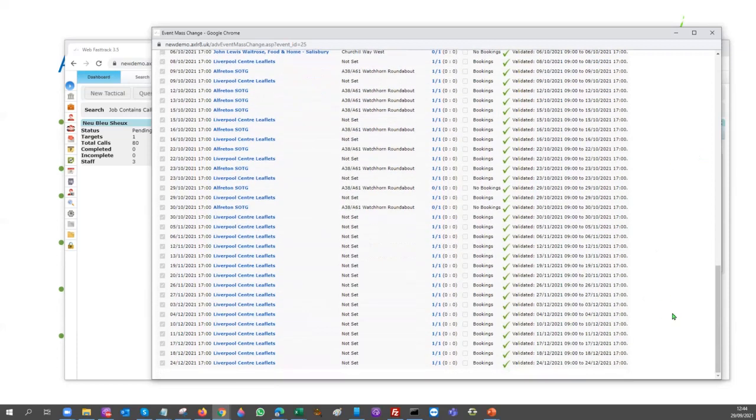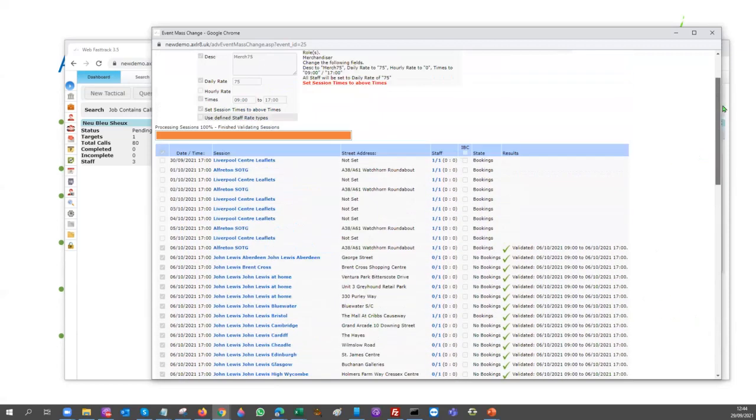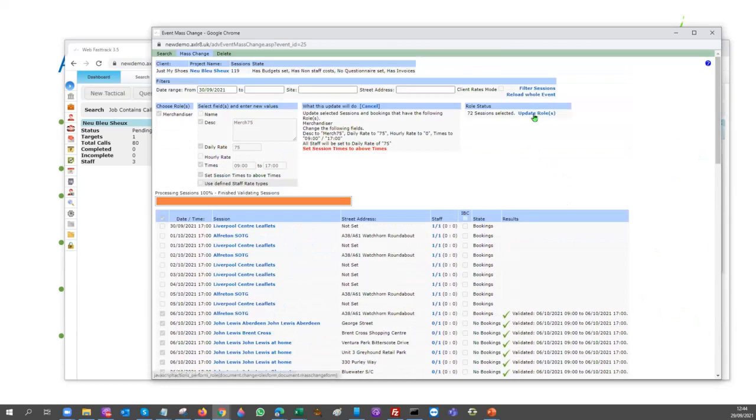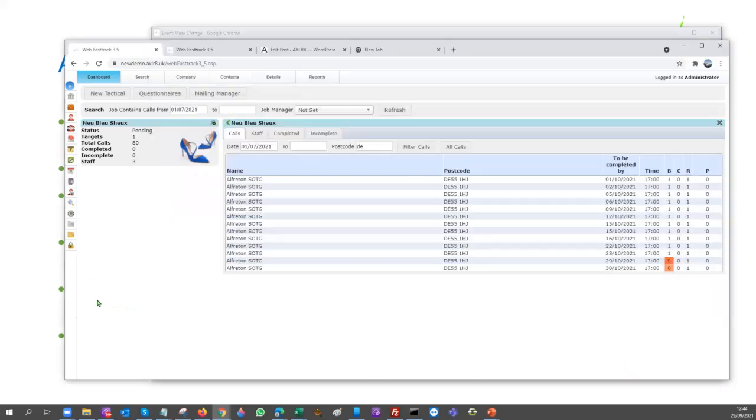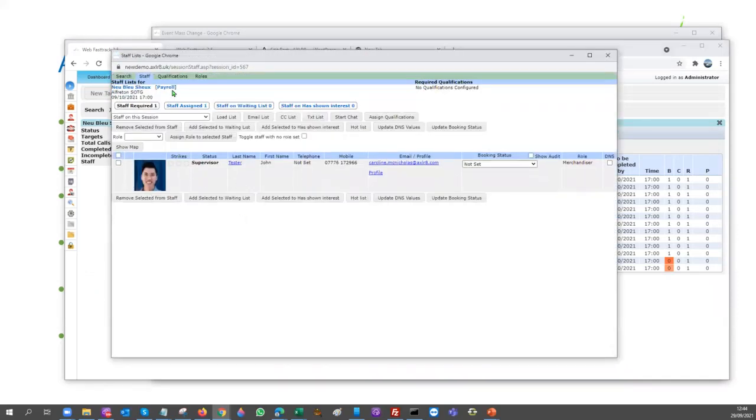So that's all done. And then once you've done that, you can update the roles. So now if we pick any one of those roles after, what did we say, the 6th? So if we pick this role here on the 9th, for example, and we look at what this guy's getting paid,